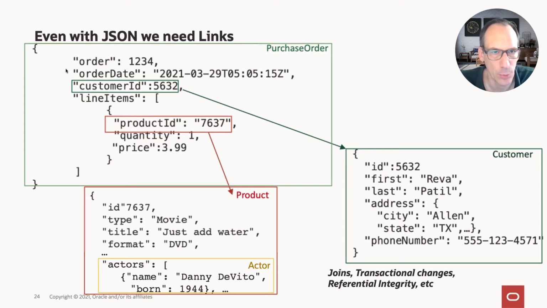So for example, here we have a purchase order and it has a customer ID, which points to another document sitting in another collection. But now you are almost doing something that a foreign key primary key does in a relational database. At the end, you would need joins on this. You would want to have referential integrity. So now again, this is the point where relational databases would shine